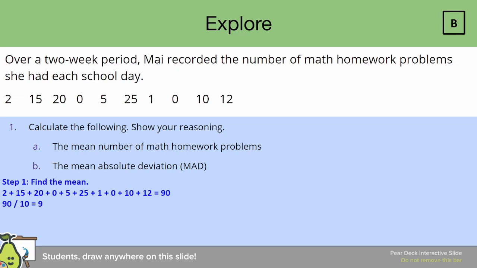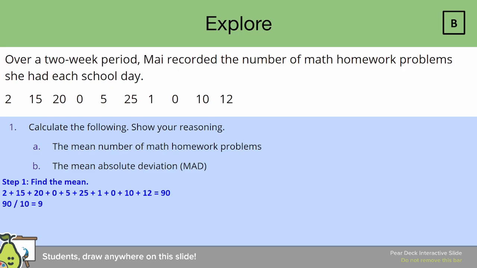Now, the next thing that you need to do is actually calculate, well, how far is the mean from all of your values? That's where the absolute deviation part comes in. So what I want you to do is to please pause this video and take 9 and subtract it from all of your values. If it turns out that one of your values is less than 9, then put 9